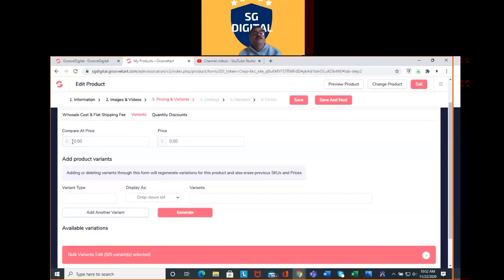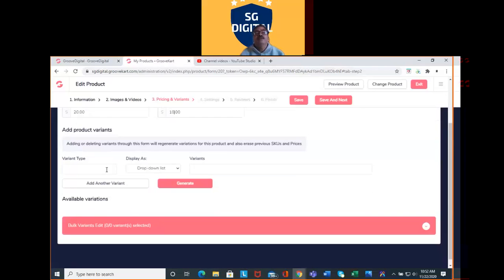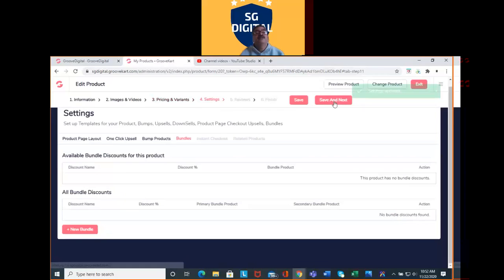Suppose the actual price of this product is $20. If we are promoting and giving the product at $10, then if you want to have other products, you can put the variants here. Right now we don't have any product variants here. We just save and next.